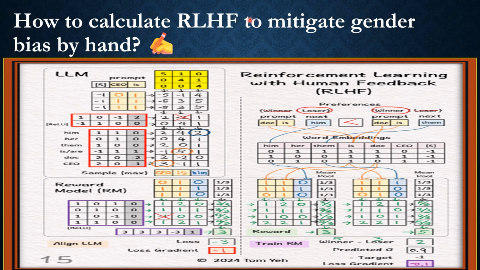So with reinforcement learning from human feedback, an LLM is given human feedback that doctors can be both male and female. And the LLM can update its weights until it begins to use "them" rather than "him" to refer to a doctor. Moreover, we hope that the LLM not only addresses that specific bias about doctors, but also learns the underlying value of gender neutrality and applies it to other professions. For example, it learns to use "them" to refer to a CEO,